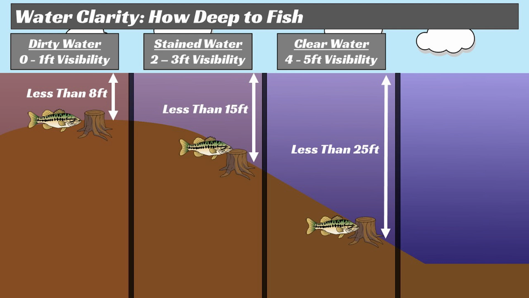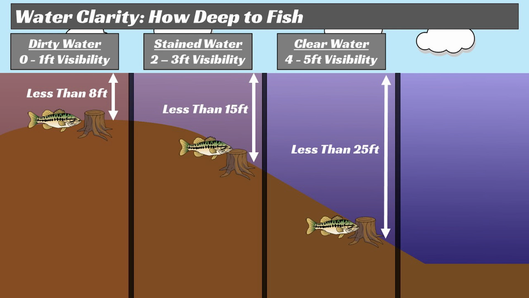The one thing to call out here is I say less than 25 feet of water or less than 15 feet of water. That means that the fish can be shallower than these guidelines. So, for example, in the clear water visibility, they might be as shallow as 5 feet or as deep as 25 feet. And in the example of fishing those rock piles where the bass are feeding on crawfish or gobies,